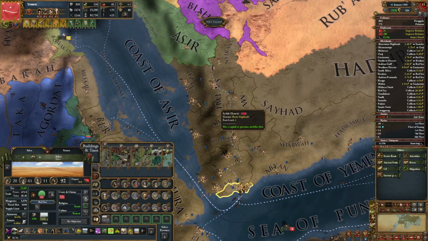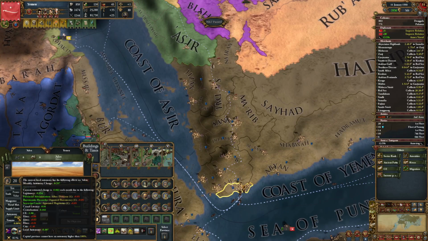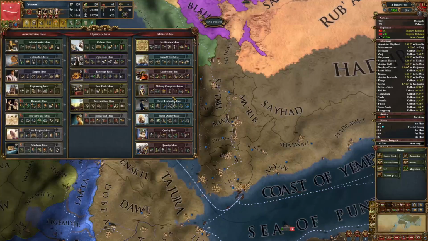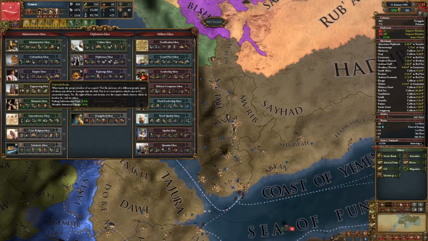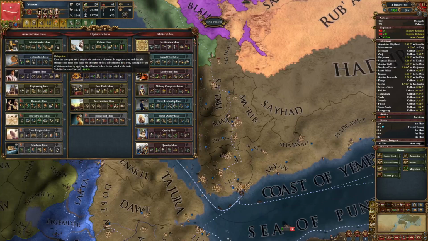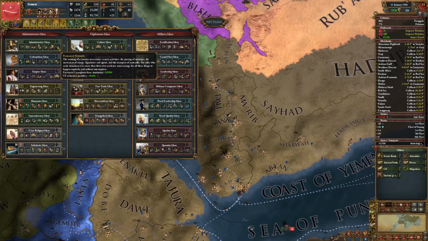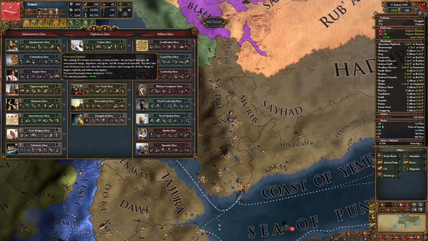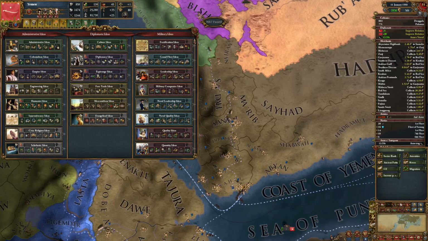Now, that's some sources of autonomy, basically. Another source of autonomy, of course, are idea groups that you can do. For example, if you go into the empire idea, you of course also get some autonomy reduction globally. There are other idea groups. I think administration also gives you something somewhere. No, it gives you a modifier. Here, there is one. And it also gives you a CE modifier, communication efficiency, what we are going to talk about now.